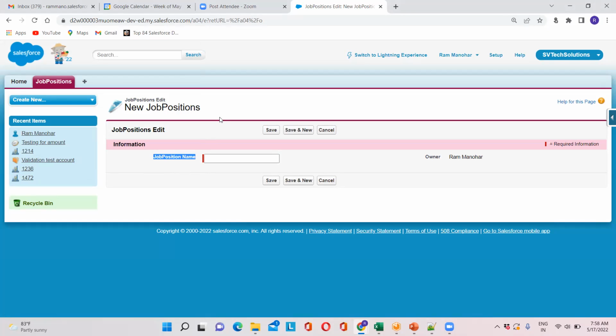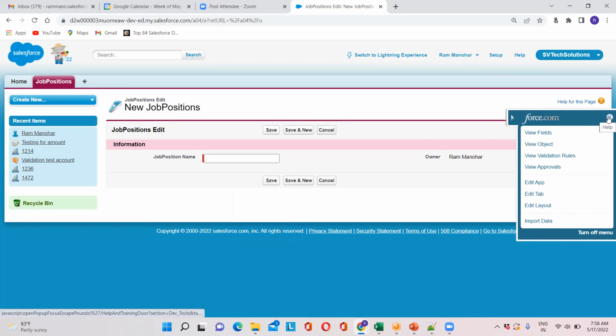So coming to fields, this kind of fields: job position name, and job position name we gave. And next, what kind of field could we give? For example, there are job positions in one consultancy, so position names will be tester, architect, developer, BA. Next field name, we'll create employee number. Sorry, first we'll keep it as company name. Then, like job description, company name, employee number. So to create another field,